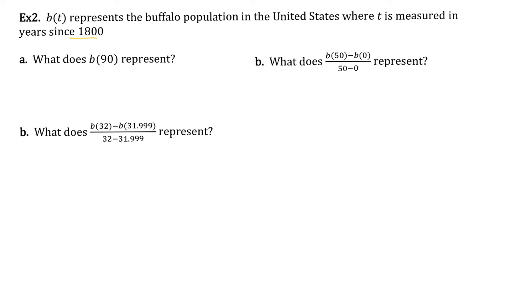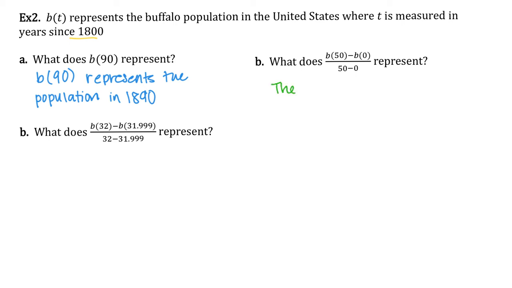B represents the buffalo population, which means that B of 90 represents the buffalo population 90 years since 1800, so in 1890. Okay, now the next thing is asking, what is B of 50 minus B of 0 over 50 minus 0? I know that's a rate of change because it looks like the slope formula. So this is going to be the average rate of change